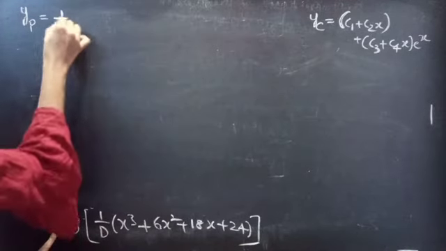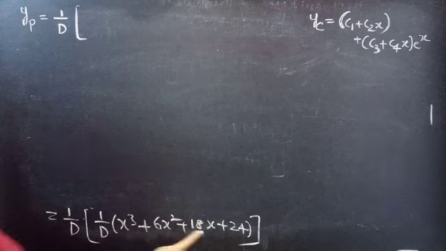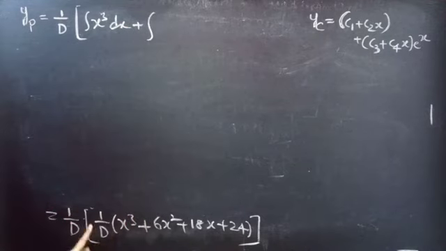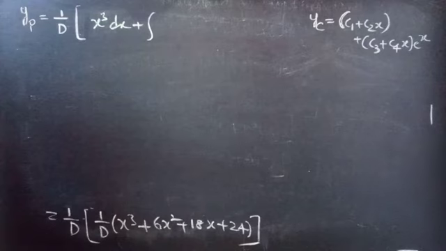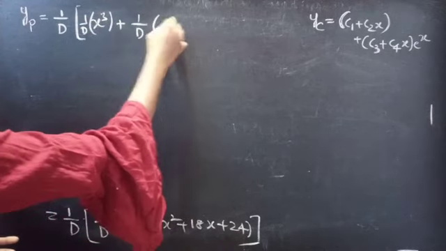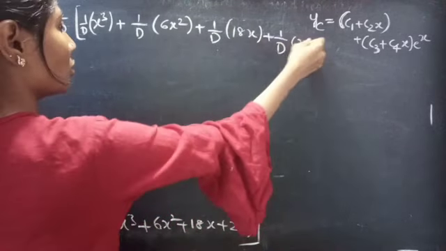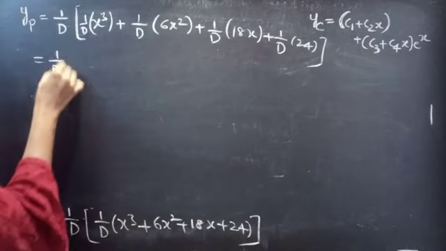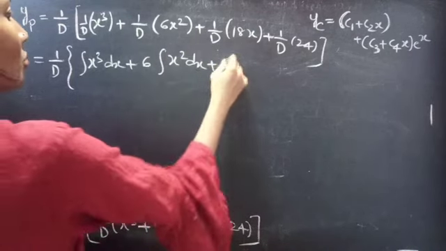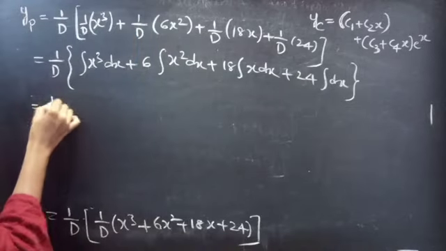This becomes 1 by D into: operate 1 by D firstly to all these 4 terms, 1 2 3 4. 1 by D of x cube plus 1 by D of 6x square plus 1 by D of 18x plus 1 by D of 24, which is equal to 1 by D into integral x cube dx plus 6 integral x square dx plus 18 integral x dx plus 24 integral dx, which is equal to 1 by D into